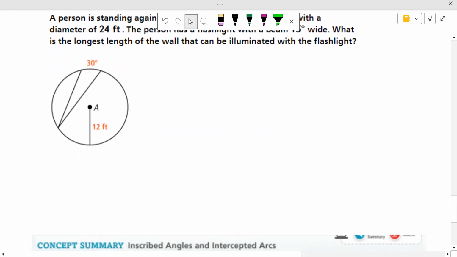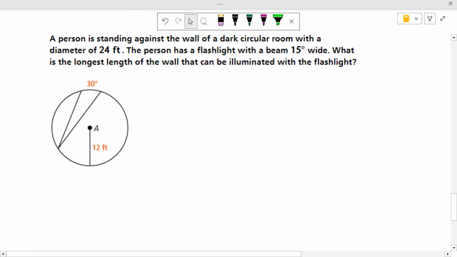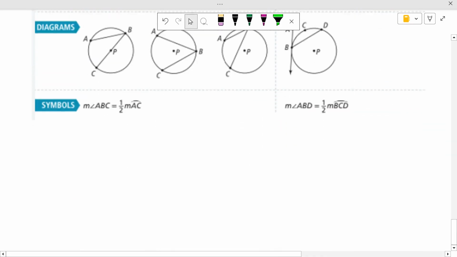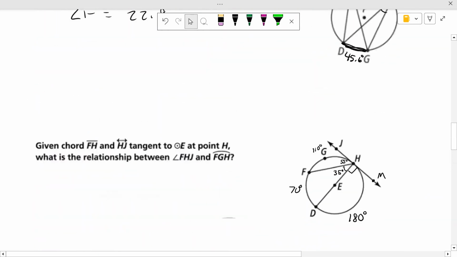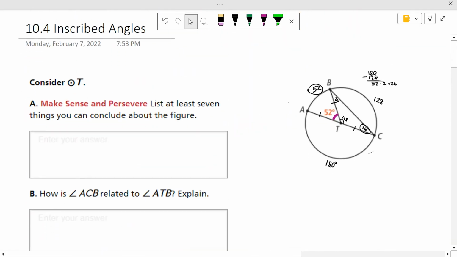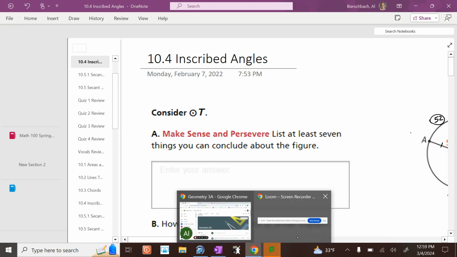Okay? All right. If this is 30 degrees, how big is this angle right here? It's 15 degrees. Okay? All right, and we won't worry about that question so much because I don't like it very much. So, the angle's half the arc, the arc is twice the angle. That's what we need to know from this section. I will put out the assignment here in a couple minutes, and then you can get